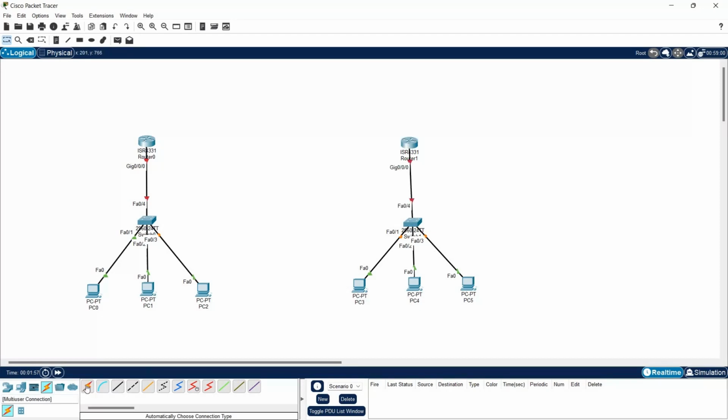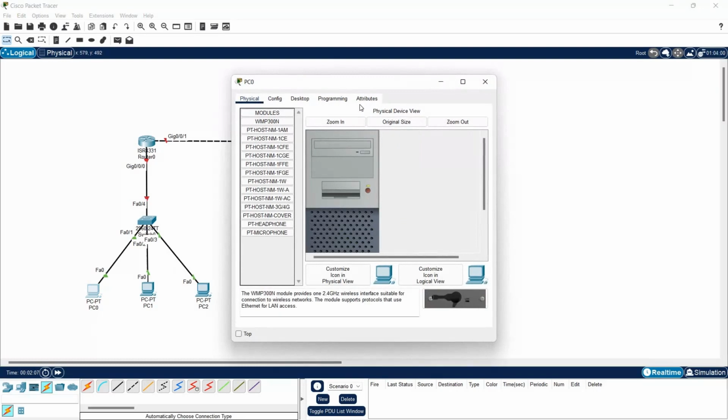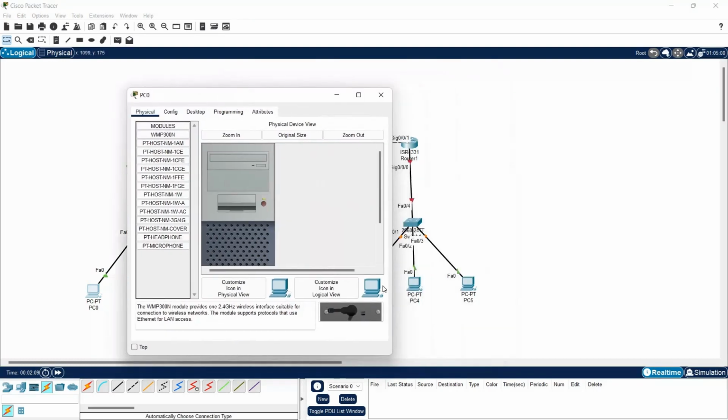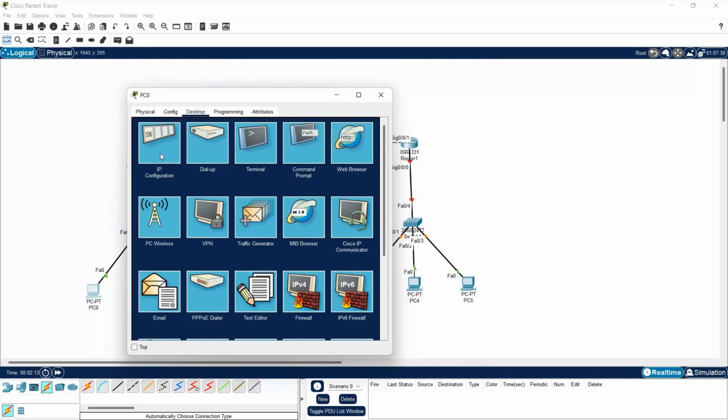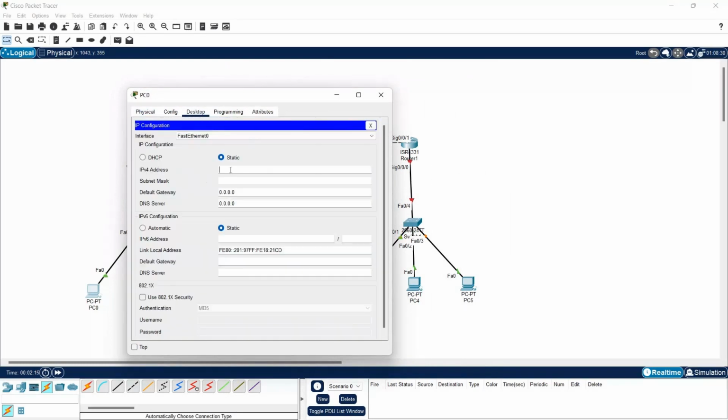Okay, so now connect the two routers also, and then assign the IP address to this part and to this part, and make sure that the IP addresses have the same network part within each side, but the two sides should not be the same. Okay, so I'm going to select desktop, go to IP address, and I'm going to say 192.168.1.2. Okay, and I'm going to copy this IP address over here,